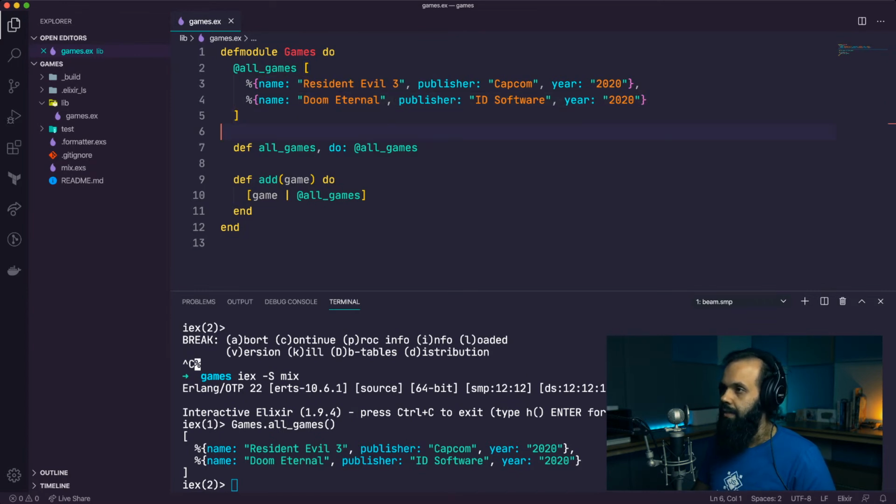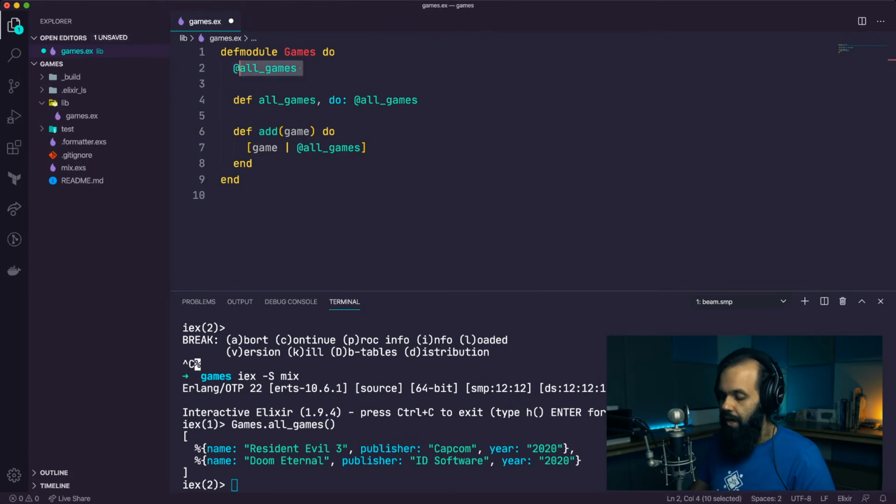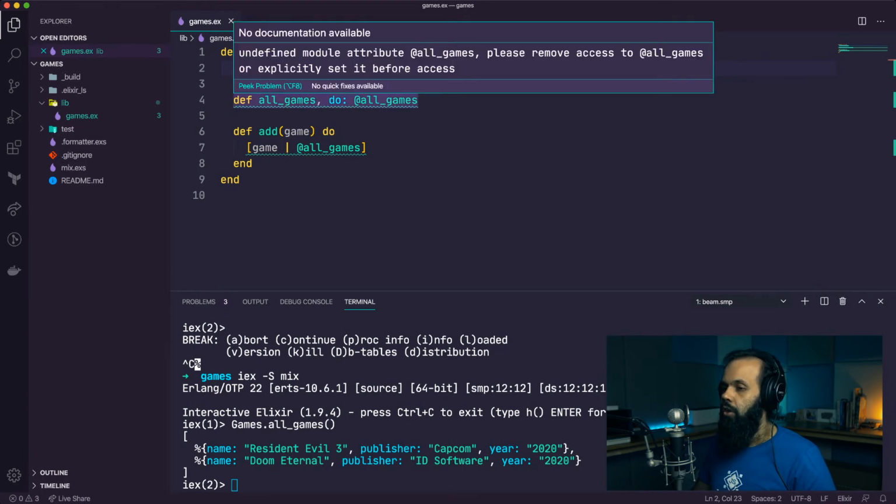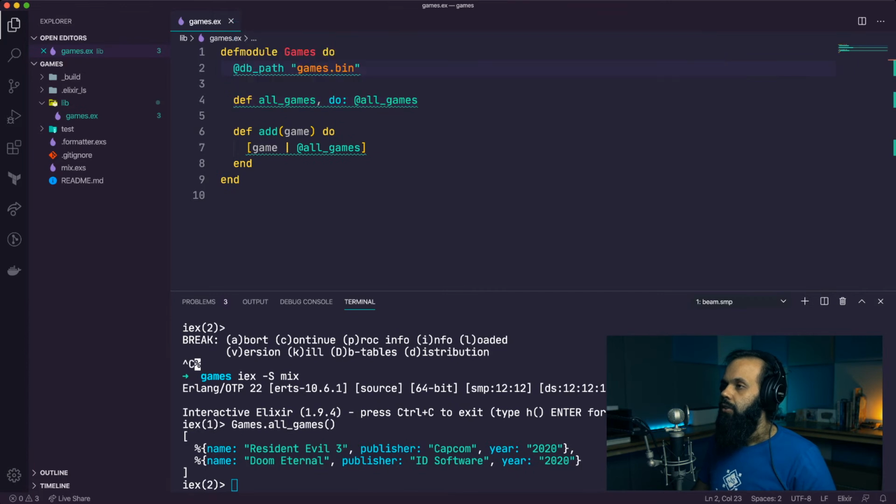What I'm going to do here is remove all of this hard-coded data to start, and then the easiest thing I can do is change this module attribute name to db_path. I'm going to use something like games.bin. Bin stands for binary. So basically what we're going to be doing is writing Erlang binary straight